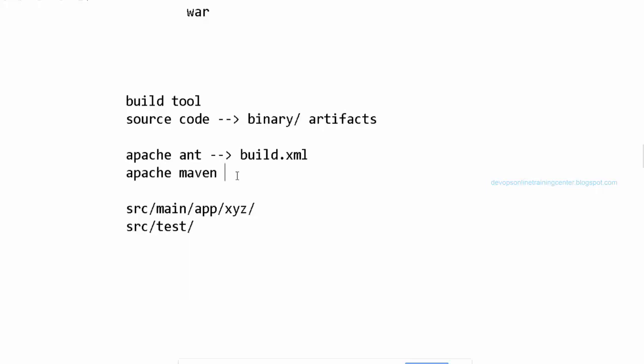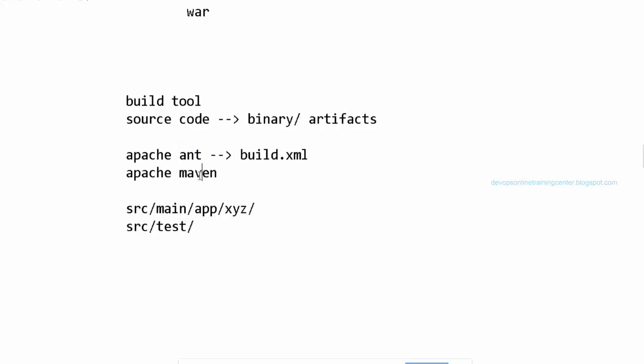Basically it's not like only compiling, right? Let us say you compile for the first time and it created a binary. When you compile the next time, I want to remove the binary which is already compiled, and then create a new binary. That is called the clean phase. All these things we need to write in the build.xml. So this is Ant, a little old tool.